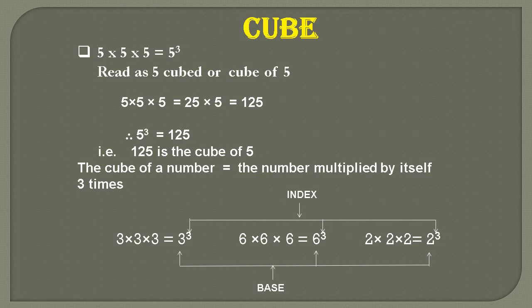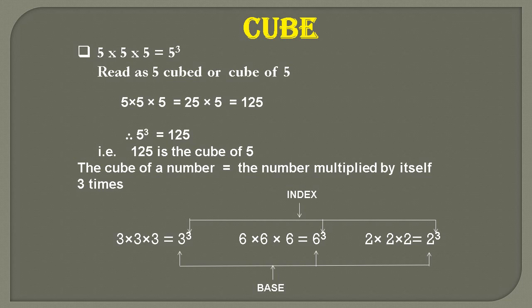Children, in previous standards we have learned about square of a number and how to find the square root of a number by factorization method. Every positive number has two square roots. Square root of 0 is 0. In this standard, we are going to learn about cube and cube root. If a number is written 3 times and multiplied, then the product is called the cube of the number.